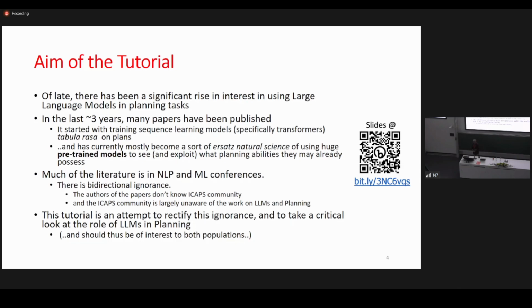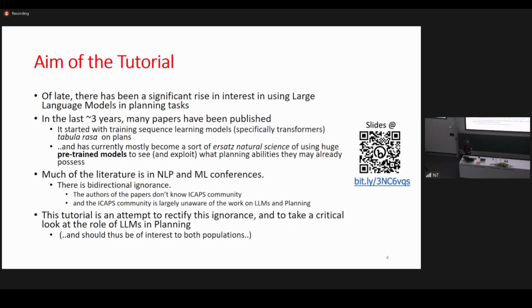And in fact, there is work where this got done with the newer sequence models, transformers, which are essentially the backbone of LLMs currently. There are lots and lots of sequence models, such as recurrent networks, which would also be fine. But work on transformers was being done about 3 years back. Decision Transformer is one of these pieces of work that got a lot of publicity. More recently, most of the work has shifted to just trying to use pre-trained models, trained on web-scale corpora of text, and seeing if they can do some magical